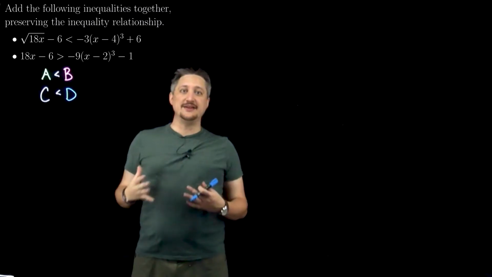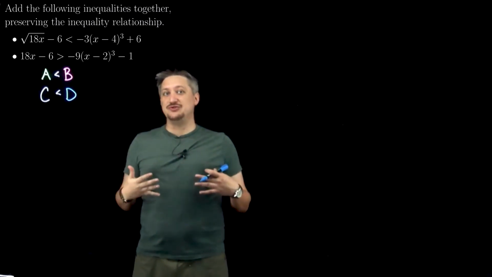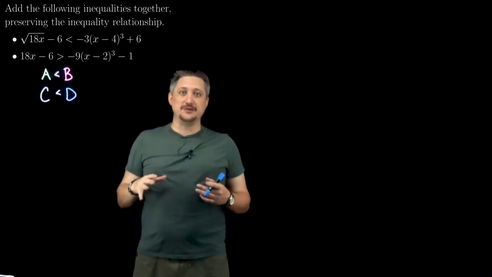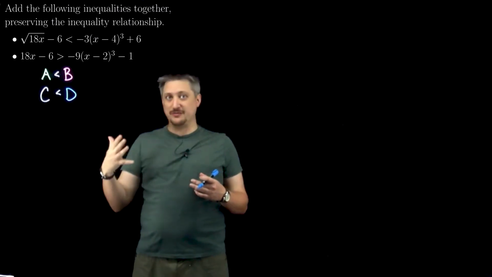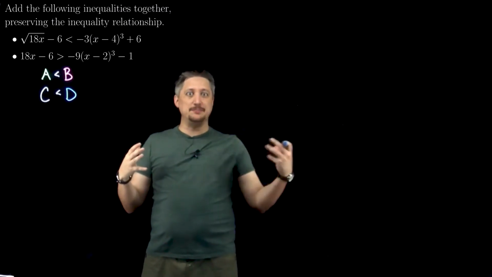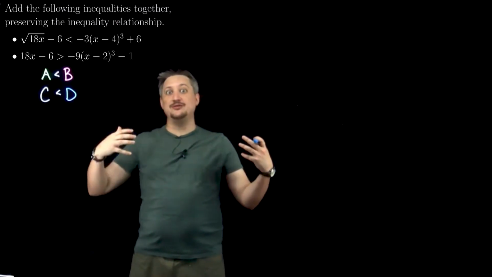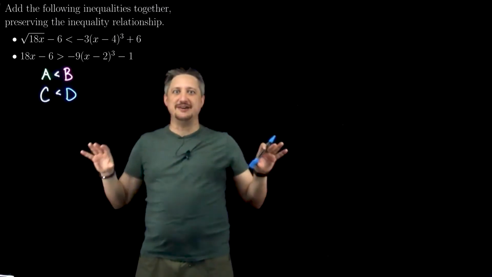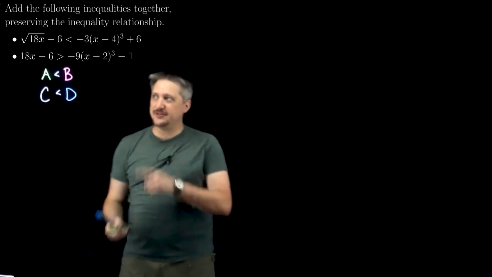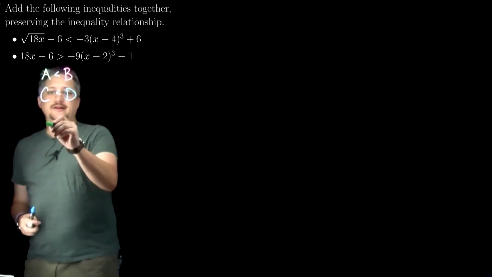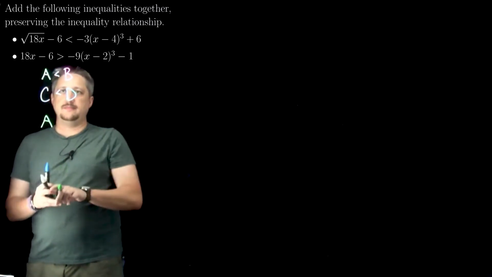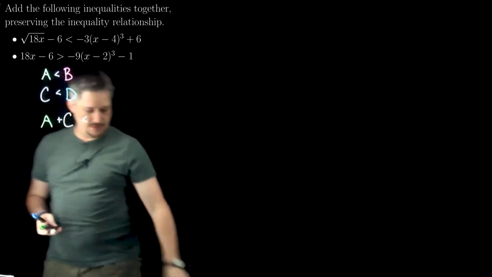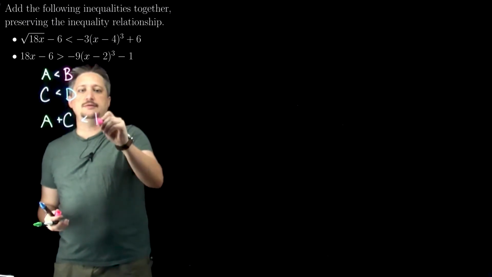If I want to add these things together and not ruin the relationship, then I need to add the smallest pieces together and the biggest pieces together, because if I add the smallest things together, I'm going to get the smallest possible combination. And if I add the biggest things together, I get the biggest combination. And so the bigger combination is still bigger than the smallest combination, right? So the idea is I try to go toward the worst case scenario. So if I have this relationship and I want to put them together, I can do A plus C is less than